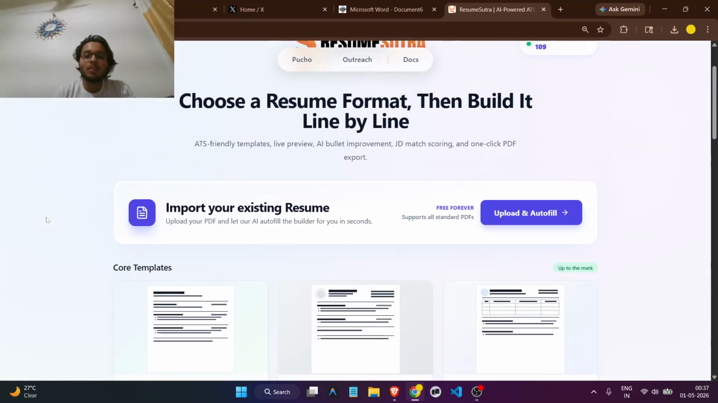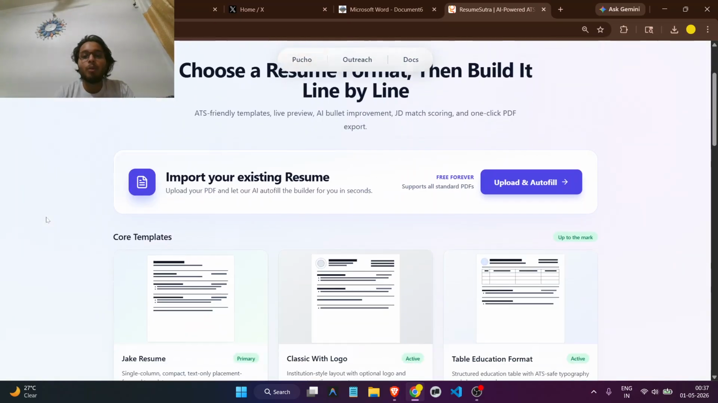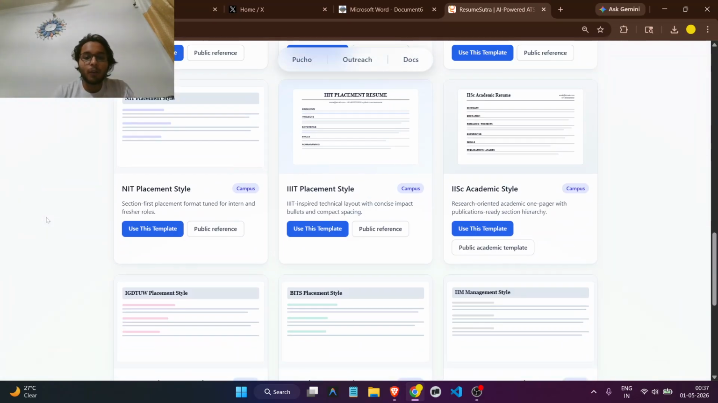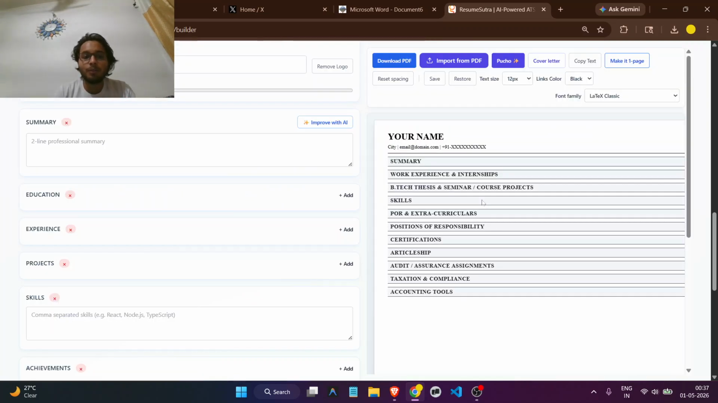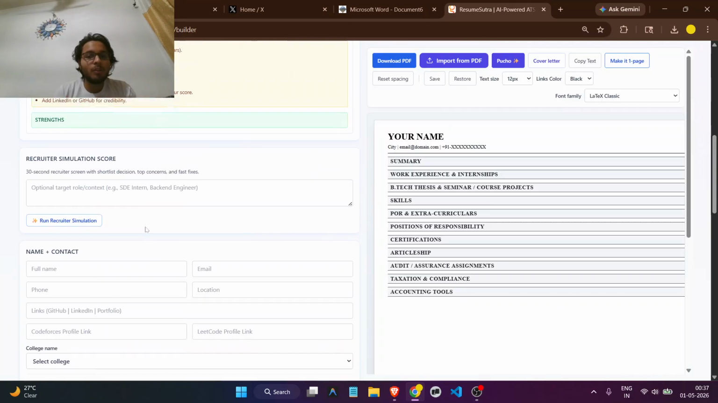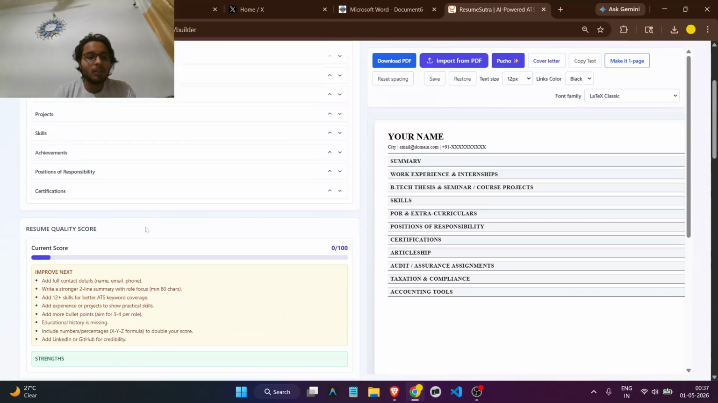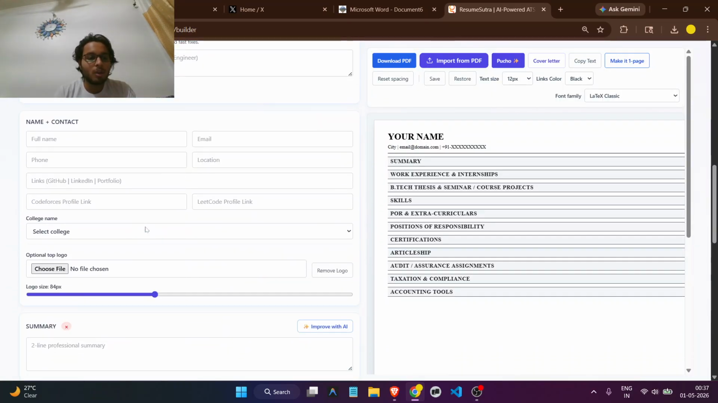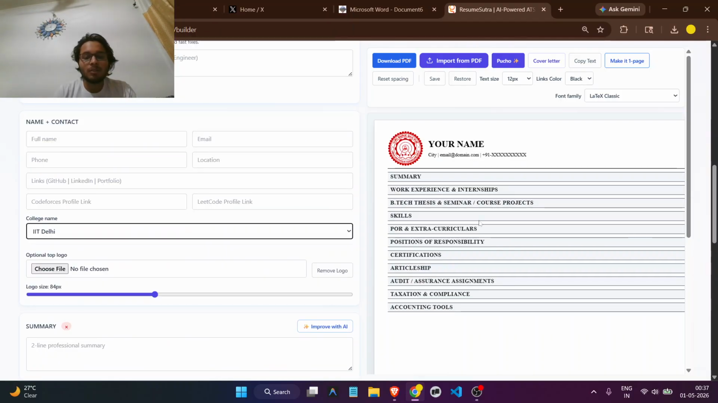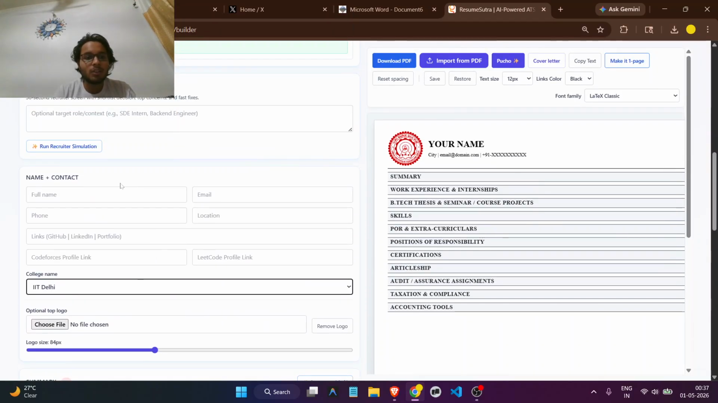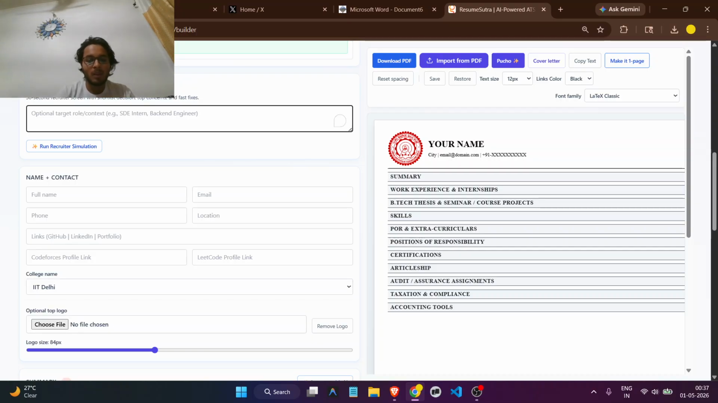So this is a website where you can simply, for example, if I want to make an IIT resume, what I have to do is select the IIT, and then select the college. The college is IIT Delhi. So now, you can just start to add some details. For example, if I write, I am a